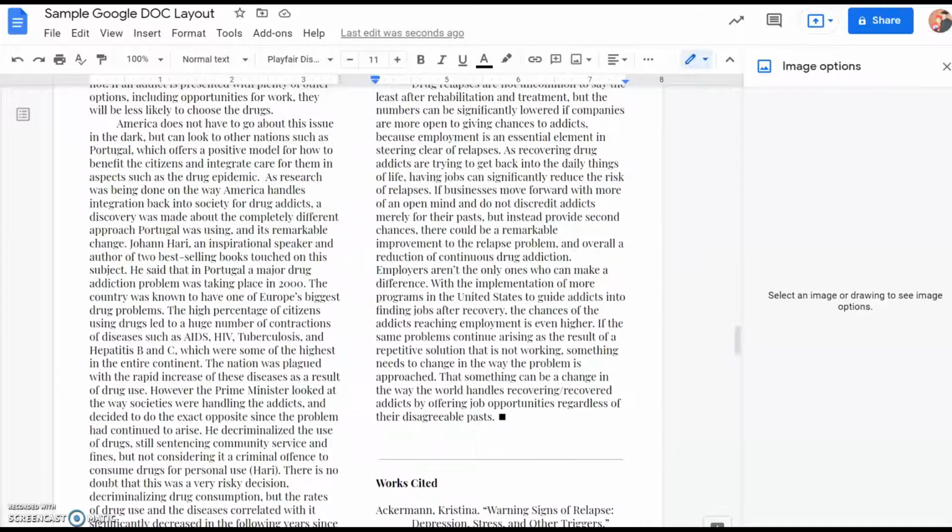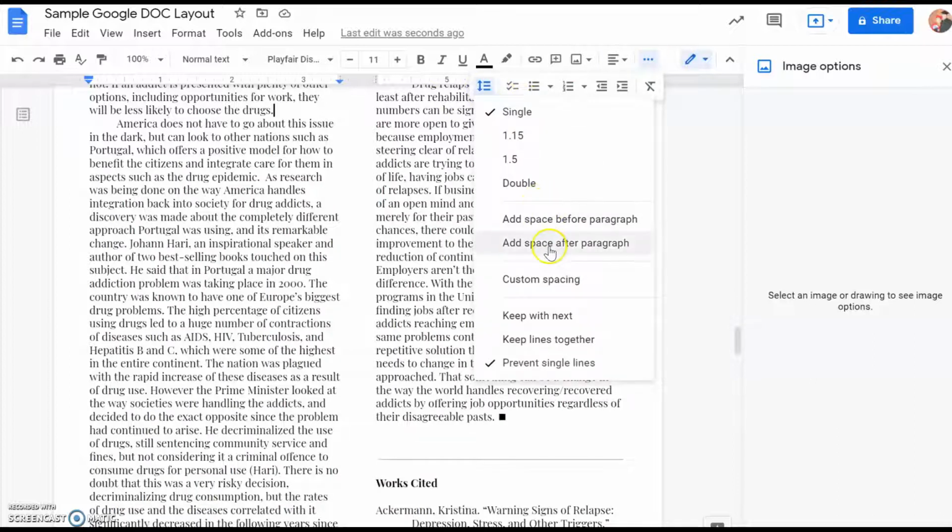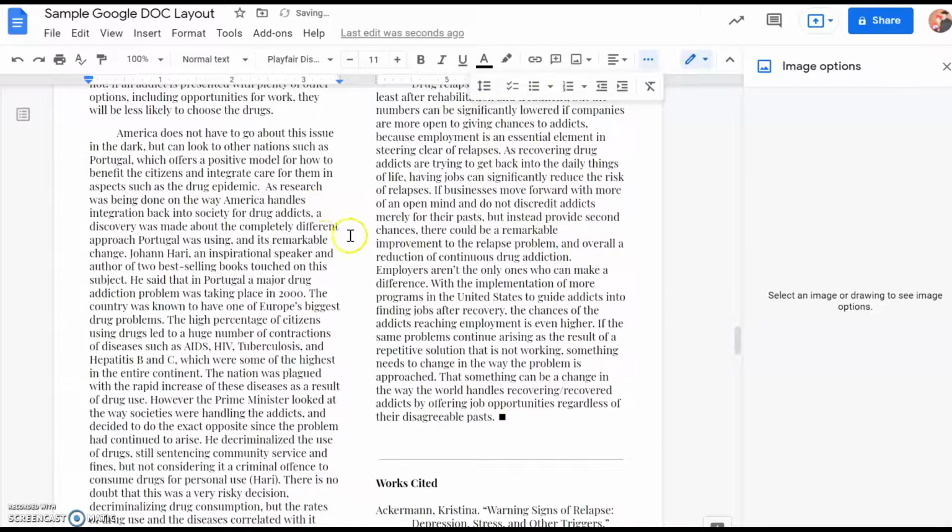Okay. You're also welcome to go in and do things like insert. It usually shows it right here. Add a space after the paragraph, just to give it a little bit of breath room. So even if you're using single spacing, it might be smart to give it a little bit of extra space